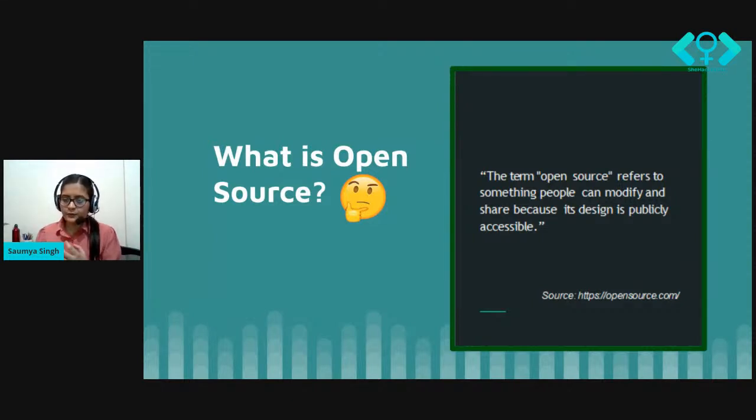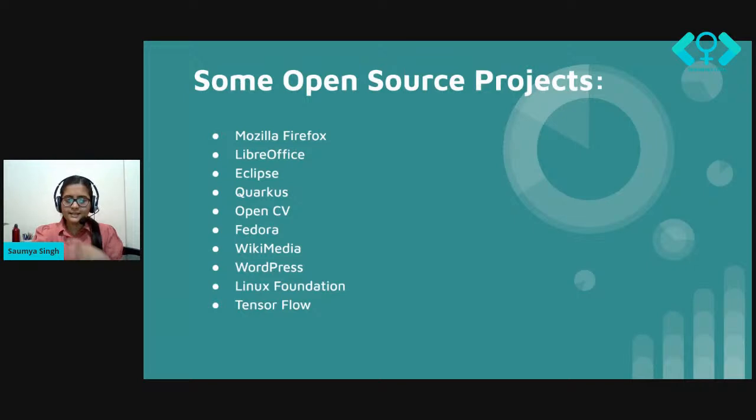Open source refers to anything which anyone can modify and share, because its code, its design is publicly available out there, right? For example, there are many big products, many big projects that we use in our daily life, and they are open source, like Mozilla Firefox, Eclipse, Quarkus, Fedora. There are many open source projects, and you just have to write,